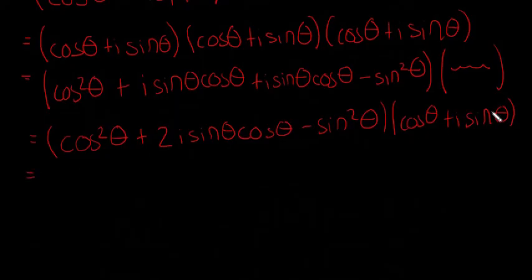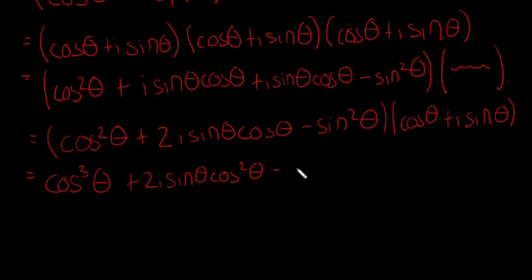Okay, so we'll continue on. So now we're going to multiply cos theta and i sine theta by each term in this. So cos theta by cos squared theta is going to be cos cubed theta plus 2i sine theta cos squared theta and minus sine squared theta cos theta, plus, so I'm going to drop a line just because there's not enough space. So now it's i sine theta by each case here is going to be cos squared theta i sine theta,